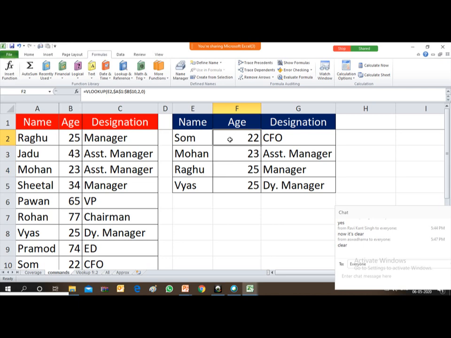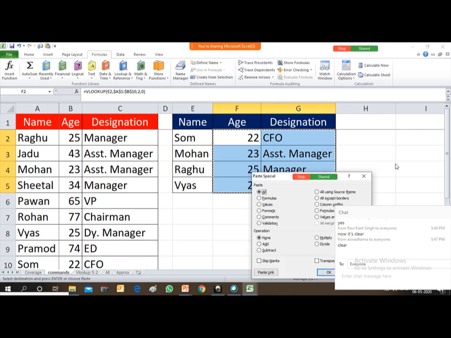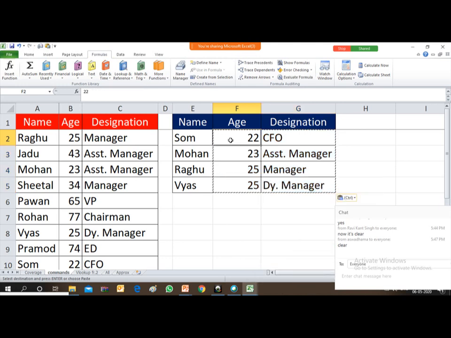So before moving further, I would suggest to break the link of this formula, or you can just remove the formula by using the copy paste special function which we learned in our first session. So copy and then paste special value. After doing this, you see in the formula bar also only the values are coming, not the formula.